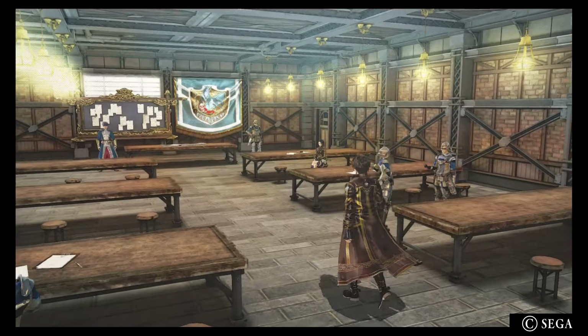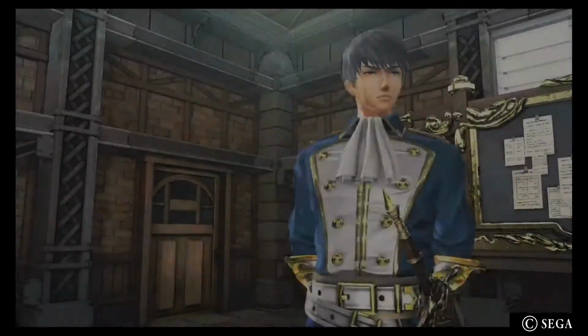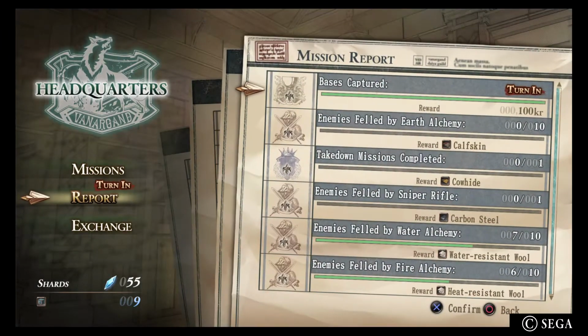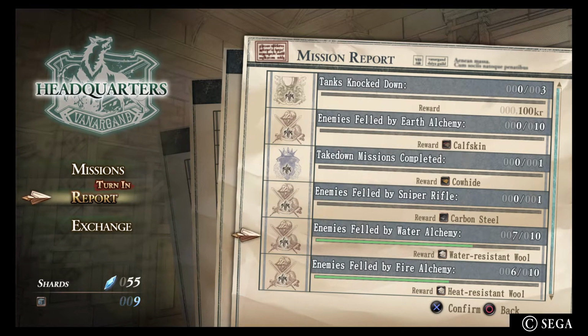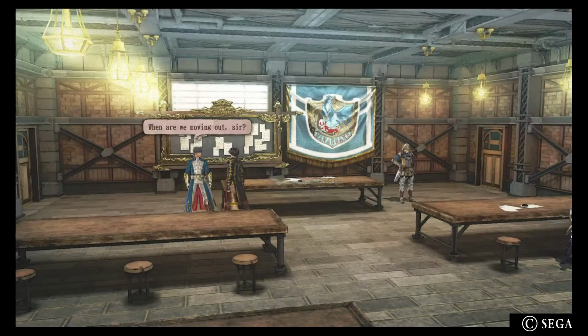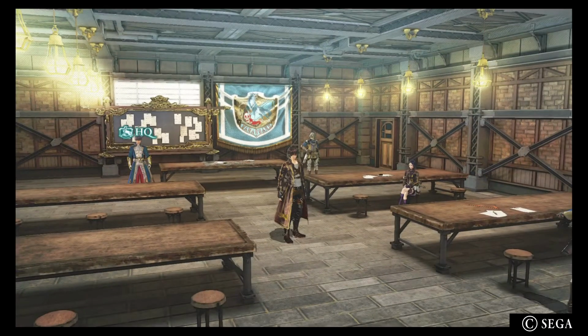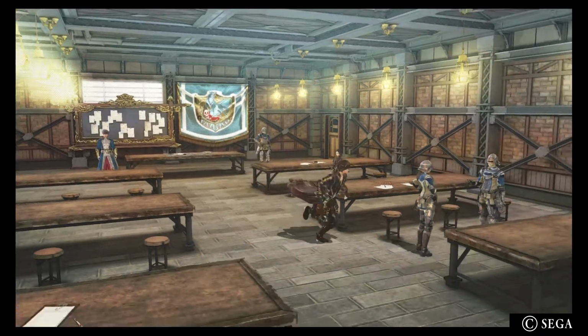So, as I said, number 5 is do free missions. Do them over and over again and check anything that you get afterwards. So I got bases captured that time. I didn't quite know my water alchemy or fire alchemy kills. But you can get cash, you can get items. So number 5 is do free missions over and over again. I know it sounds repetitive with them being basically exactly the same free missions every single time, but it is